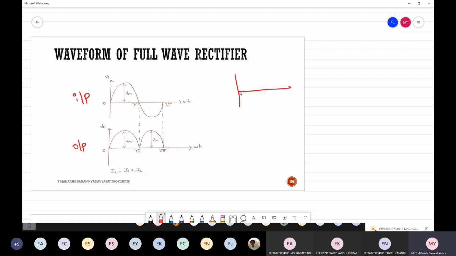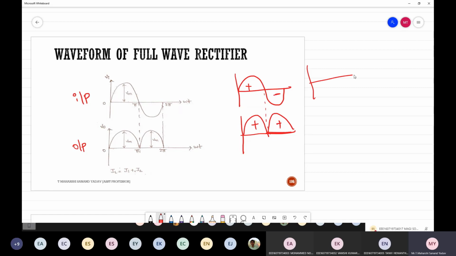Whereas for a half wave rectifier, what happened? Only the positive half I got, whereas the negative got clipped. Now, what is the change in this full wave rectifier? There is no negative, it is directly positive. See, for this negative half cycle also, I am getting the output now. Whereas for positive, the same output will be there. For the negative also, I am getting the output.